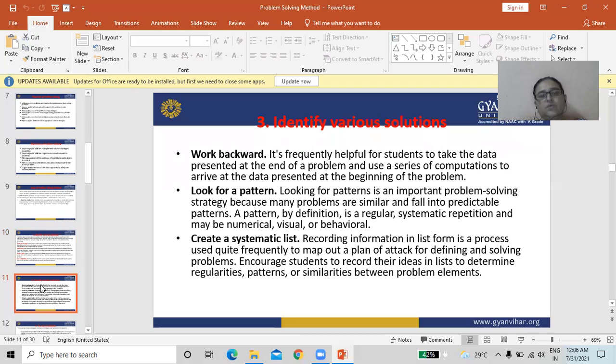Next is work backward. Look for a pattern and create a systematic list. When you do this type of work, definitely you are identifying various solutions for your problem.